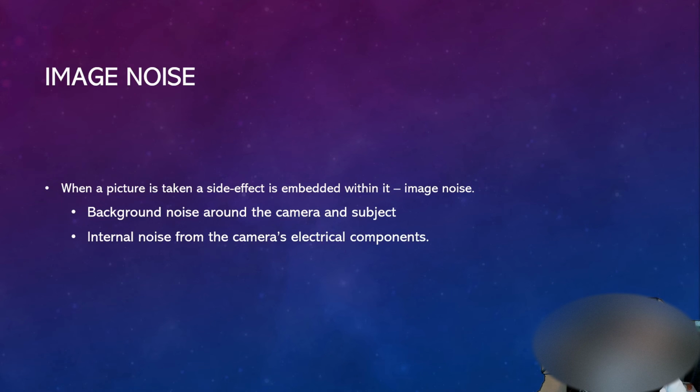So when an image is captured, it's captured by a digital device. An image is digital data, and it will naturally contain noise. There's going to be a noise pattern embedded in the image. That noise pattern is part background radiation, right? We're surrounded by electromagnetic radiation all of the time, and that creates electromagnetic noise. The camera itself is a digital device, and so it will also have electrical components that will generate electromagnetic radiation, generating a noise. So cameras will have internal noise, and there will be external noise, and that noise will be